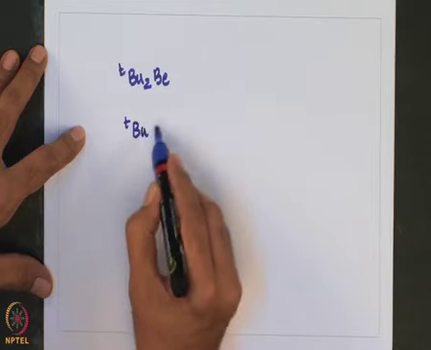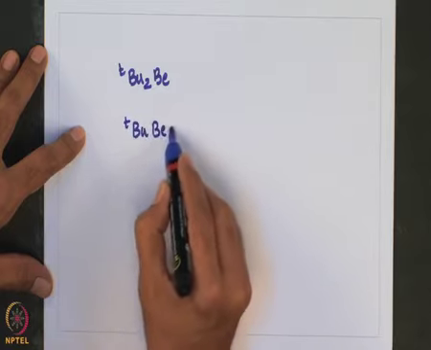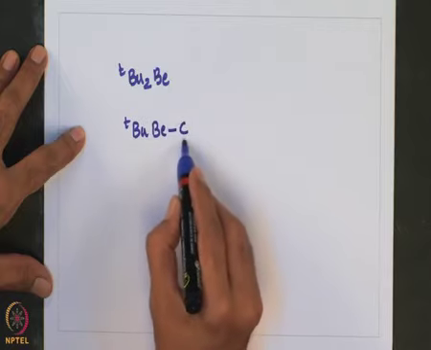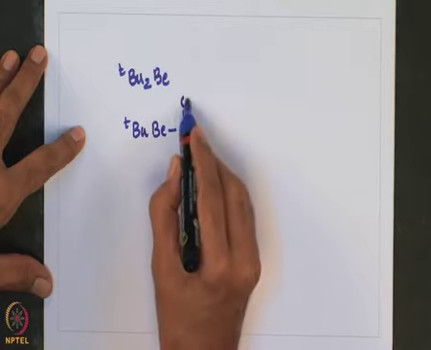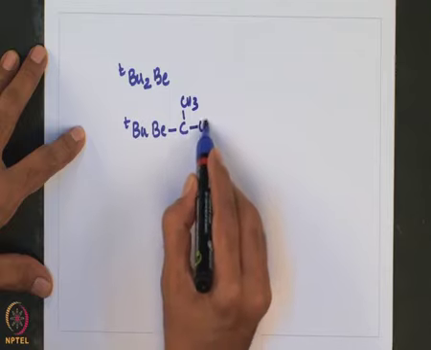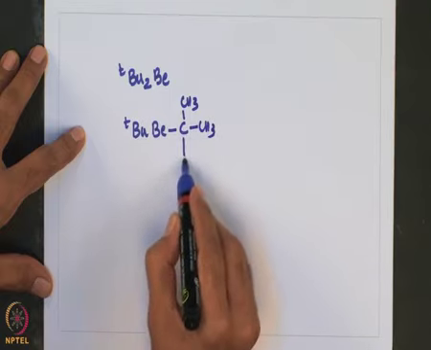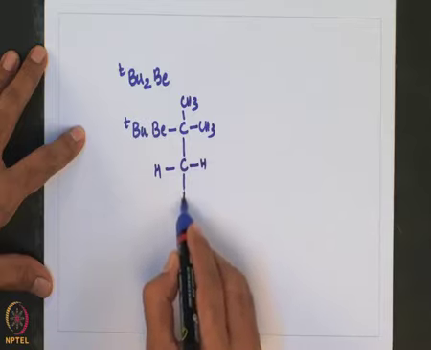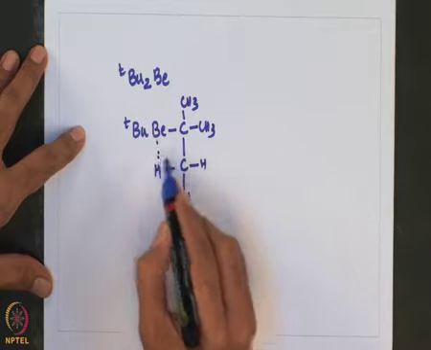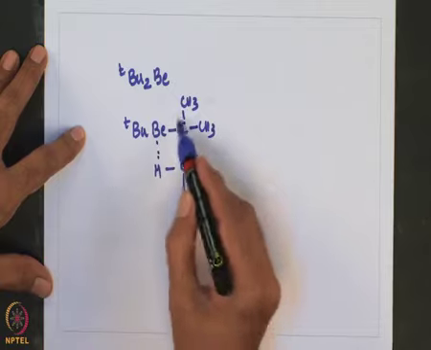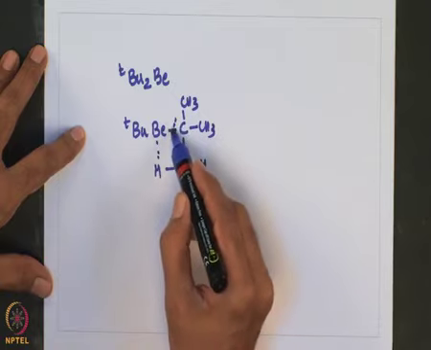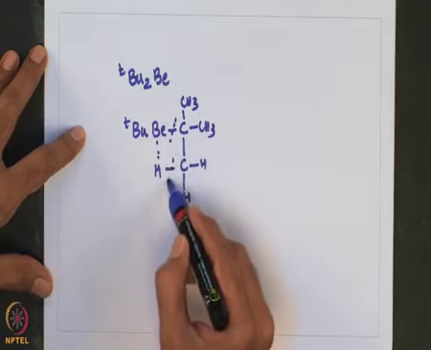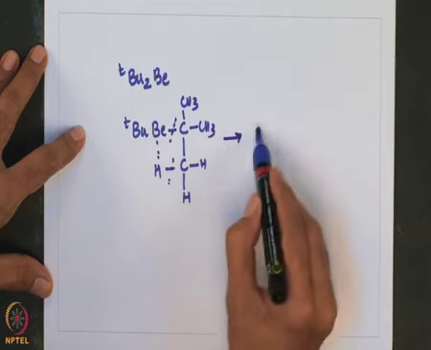Let me write in this fashion. As I had mentioned earlier, it forms a 4-membered ring, and then eventually this bond breaks here and this bond breaks here, leading to the formation of